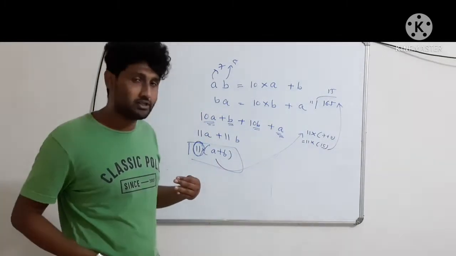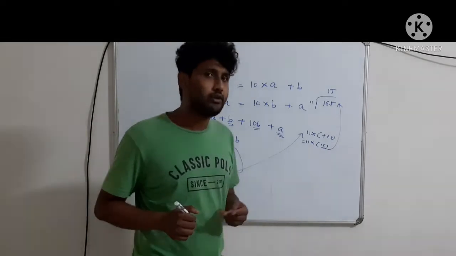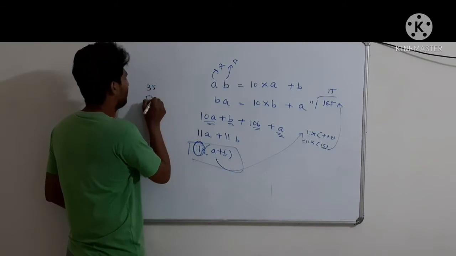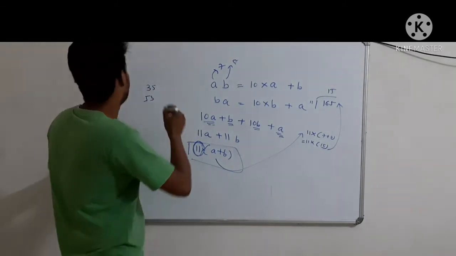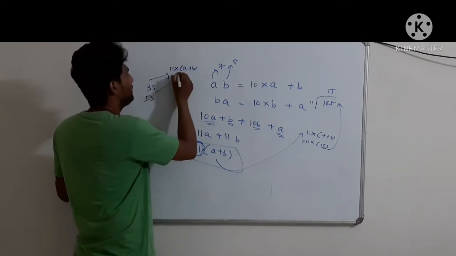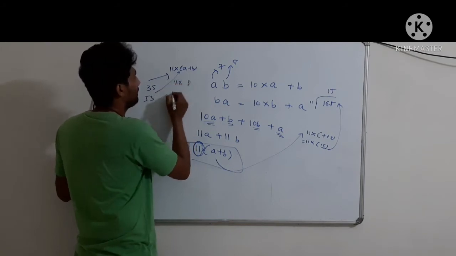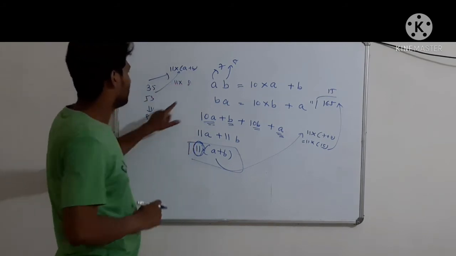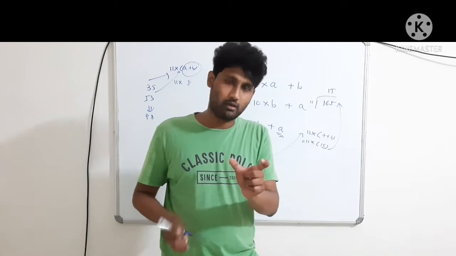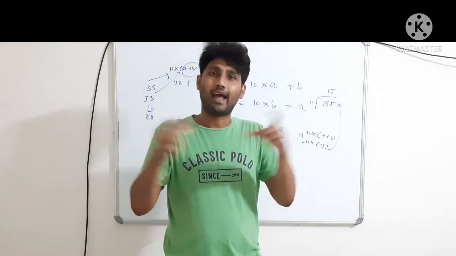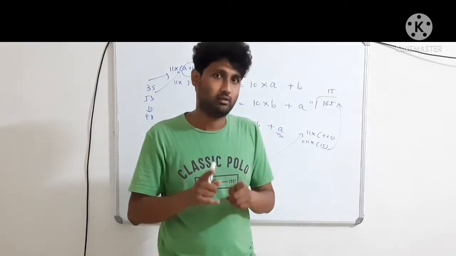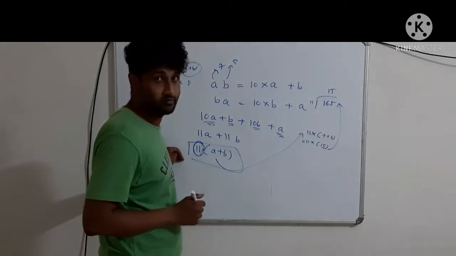The previous example which we did, what was it saying? I think we took A is equal to 3 and B is equal to 5, right? So 35 and 53 were added. In this case, what will I get? 11 into A plus B. A plus B is what? 3 plus 5. It is 11 into 8. And yes, you are getting 88 as the sum. So this is the proof which shows when you take a two-digit number and reverse the digits, add the two numbers, the answer will always be divisible by 11. Remember this, and this is the proof.